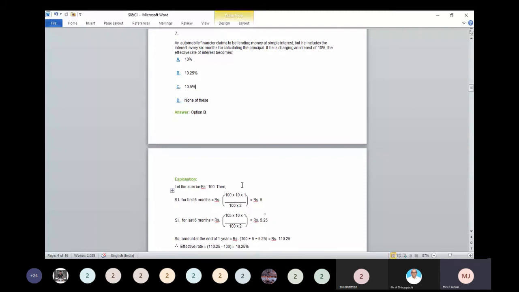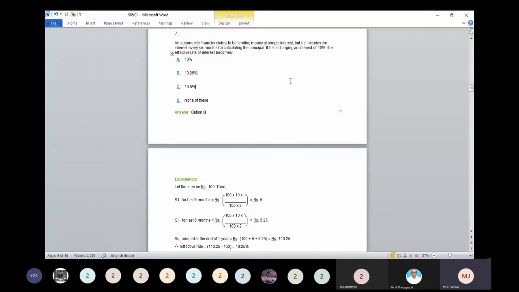And the next, we need to calculate what? The last 6 months. Okay, last 6 months means what? Initially, your invested amount is 100. So now the simple interest is 5. So now you are having the 7th month. Then after that, now your initial amount is what? 100 plus 5, 105. Now this is your principal amount. After 6 months, your principal amount is 105. Okay. So now your principal amount for the last 6 months, take 105.